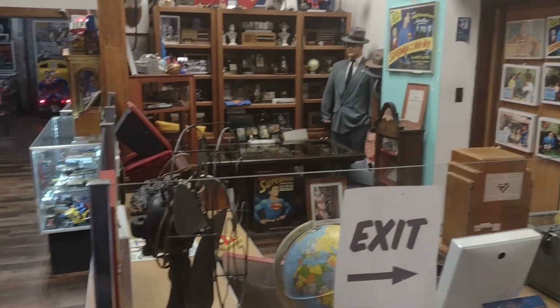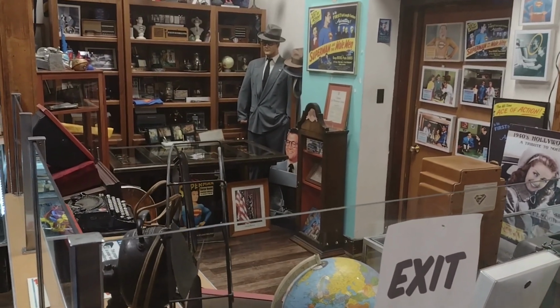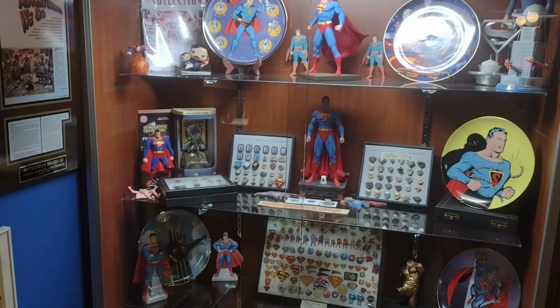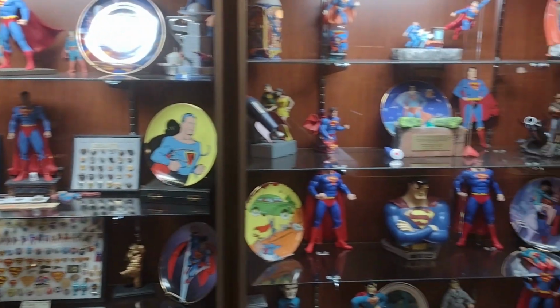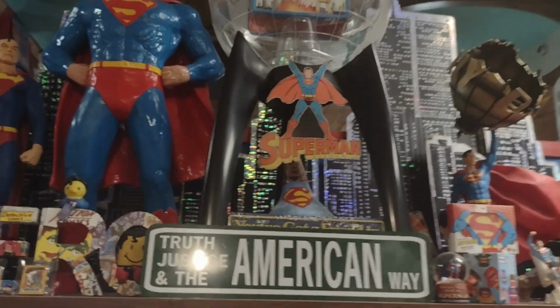The first section when you enter on your right here is going to be the George Reeves section, which has got all collectibles and screen-used items from the 1950 series starring George Reeves. Right in front when you walk in is this display of various collectible plates and statues, all pertaining to Superman, obviously. Up here,